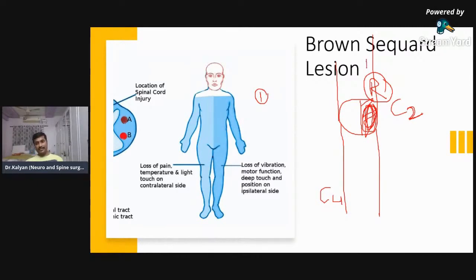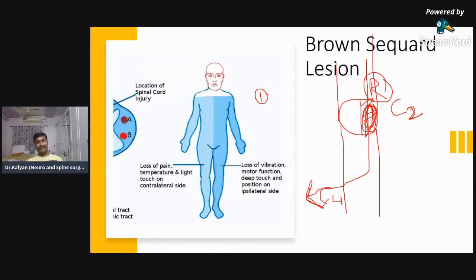spinothalamic tract. So this is going descending on the same side. Where does it decussate? It decussates in the spinal cord. Am I clear? It decussates in the spinal cord. So if there is an injury at C2, at C4 on which side is it? Opposite side or same side? Dr. Ramanathan said opposite side. Dr. Shivank and Dr. Abdul, do you want to correct yourself?